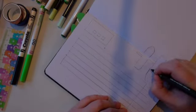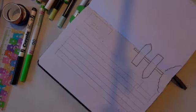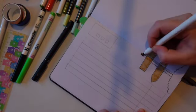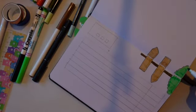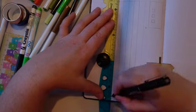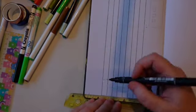Let's face it, what is another page without another leaf? So, on to the next page, I've decided to, rather than putting the headings on both pages, do one of those pointy arrow sign things. So I have drawn that out and I'm colouring it in brown, and then those will be the labels for my pages, of which the page on the left hand side, I had to get the bigger ruler out because it's too long for the small one, is a mood tracker, which is something that I'm testing out, which is something a little bit different,